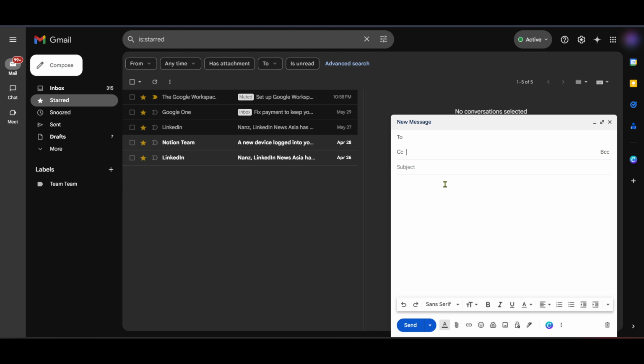Once satisfied, hit send. With that click, you've successfully tagged someone in an email using Gmail, and there you have it, a straightforward and efficient way to make sure no one gets left out of the loop in your email